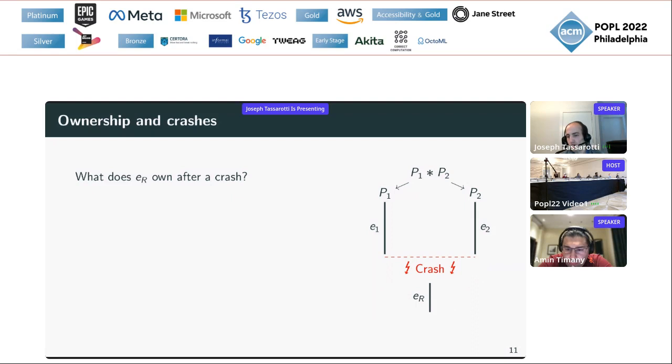Our triples that we previously proved about E1 and E2 really only said something about their postconditions, the state of the system after they finish running at the join point. A crash by its very nature could occur in the middle of execution, so we're not really equipped to say anything about the status of the system at that midpoint.